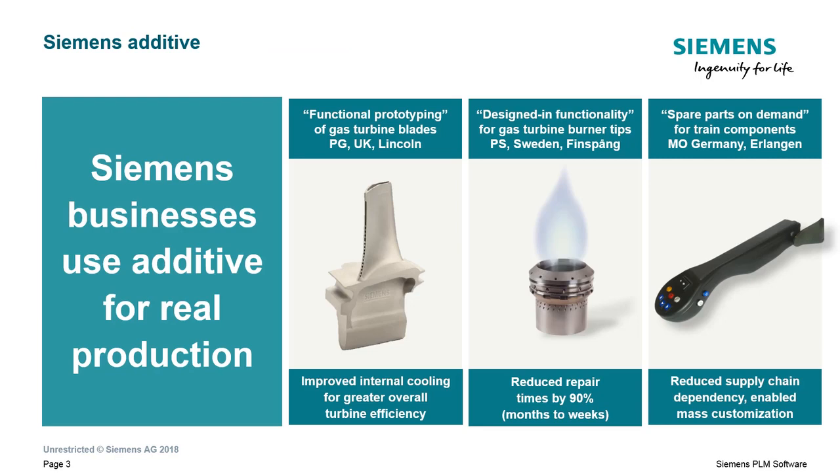So to get things started today, as Jay said, we at Siemens are a pretty large company, but one of the good things about that is that we have a long history with additive manufacturing, going back to the very beginnings of the technology. And we don't just write software for 3D printing, but we also use it in our everyday work. And I'm going to talk about some examples later on in better detail, but just to give you a level set, there are divisions of Siemens who are printing real production parts as part of their